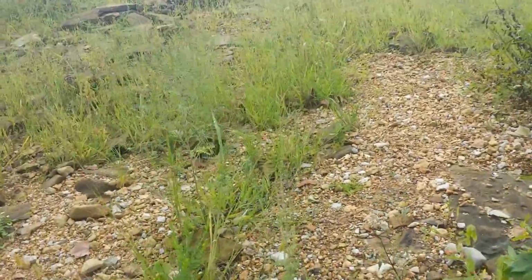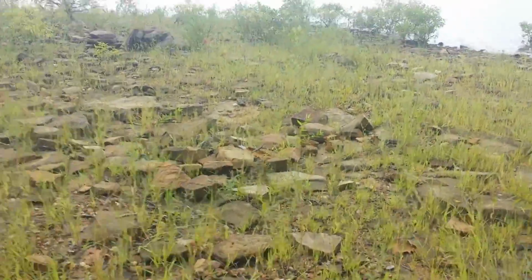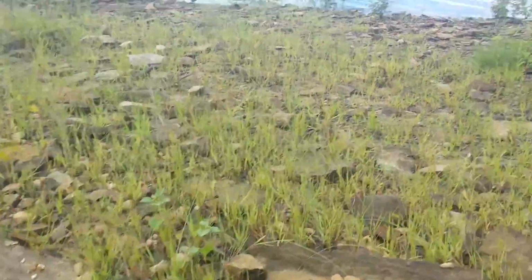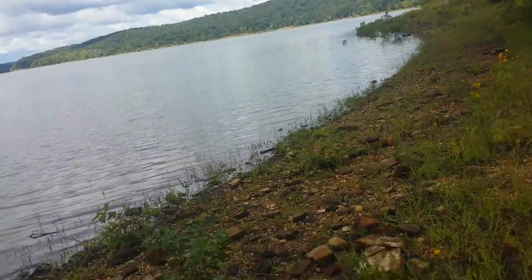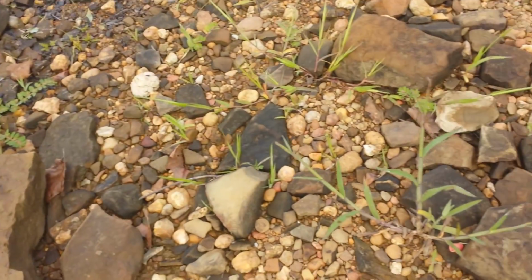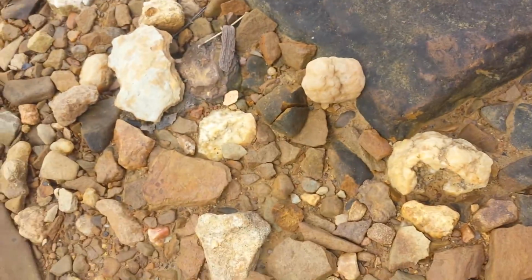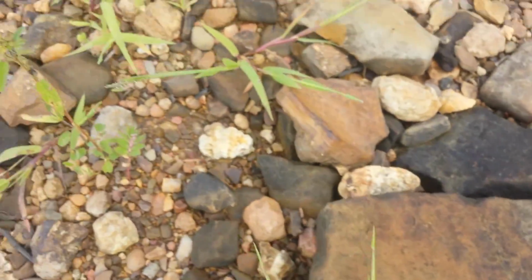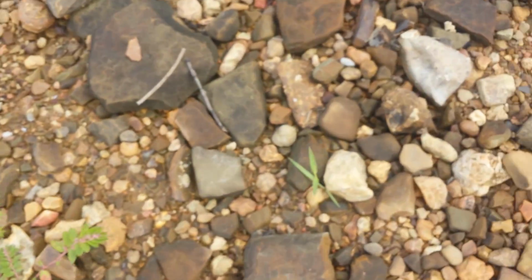Grass has grown up, but it's nice and rocky all down through here. Bigger rocks as you get closer to the lake here. You follow that lake line around down that way, come down here to the water. Tell you what, for those of you that like geodes, geodes! This whole lake shore is just littered